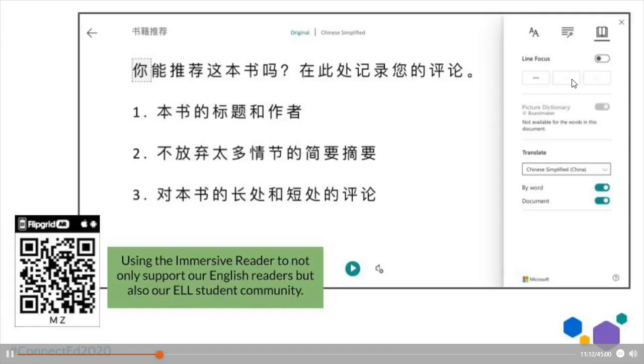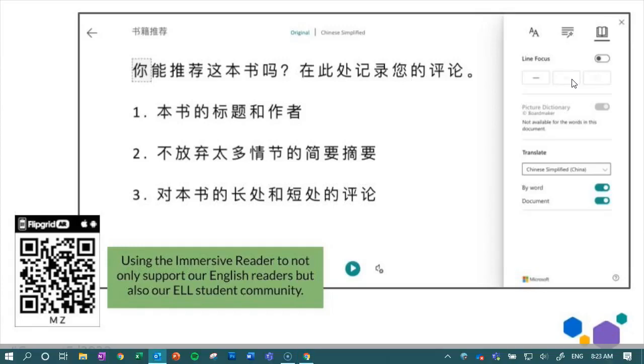Now, continuing on the premise of reading and reading supports, we have English language learners in our class communities, and we are very fortunate to have a new student. Unfortunately, our new student joined us 8 school days before the school closure. So we really needed to rethink how we were going to support our student in sharing their reading, both in their own language and while learning to speak English, so that we could provide ongoing guidance and support and share appropriate texts.